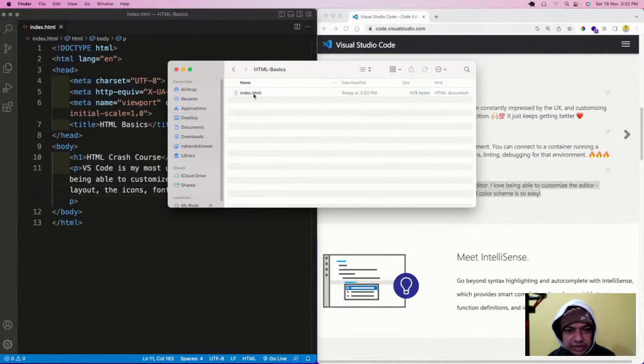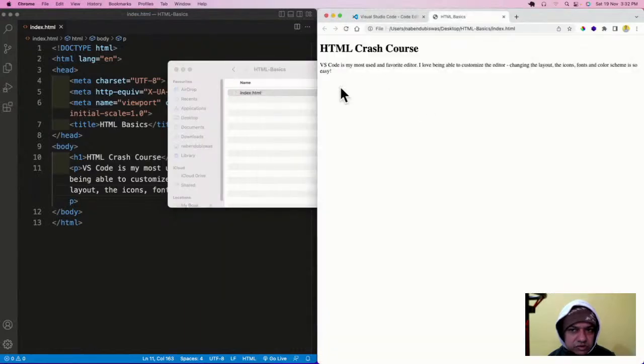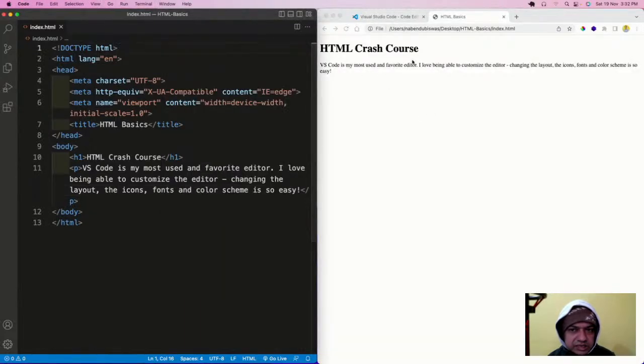I'll click here, and I have to open this index.html. You can open it in any browser. By default it will open in Safari. I do not open in Safari, so I will open it with Google Chrome, and I will see it like this. Okay, see this thing. HTML basics is coming here, and then HTML crash course, which is big.